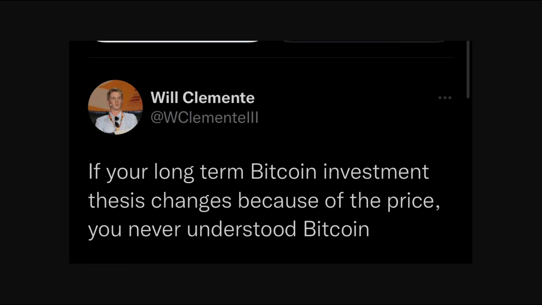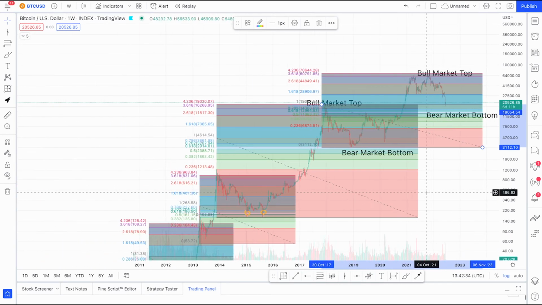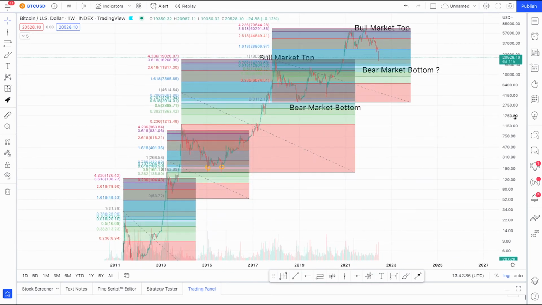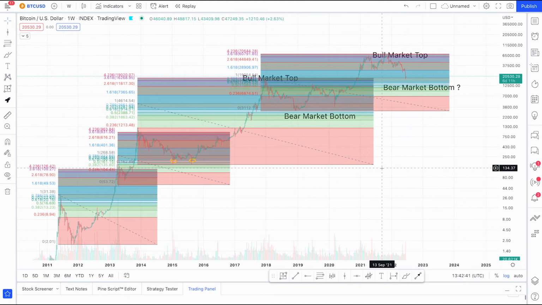But guys, another thing you need to know is that if your long-term Bitcoin investment thesis changed because of the price, you never understood Bitcoin. Bitcoin is the same since 2011 till 2022. Yes, we have some minor upgrades here and there, but if you understand Bitcoin and you understand that we're only going to have 21 million coins, Bitcoin is a very scarce product. We're only going to have 21 million of it, and if we have 21 million of it, we have